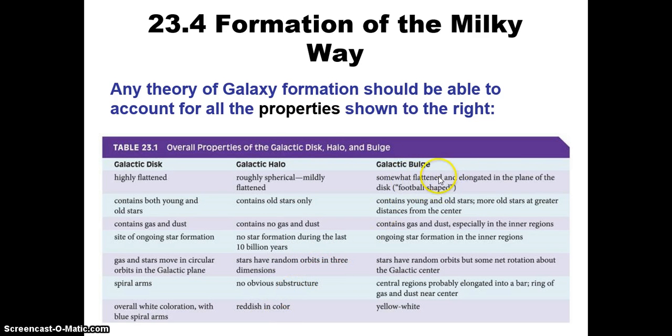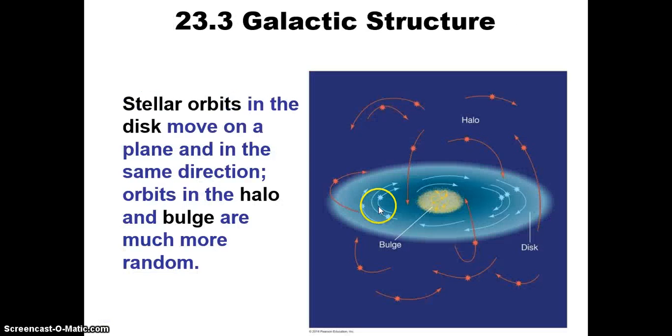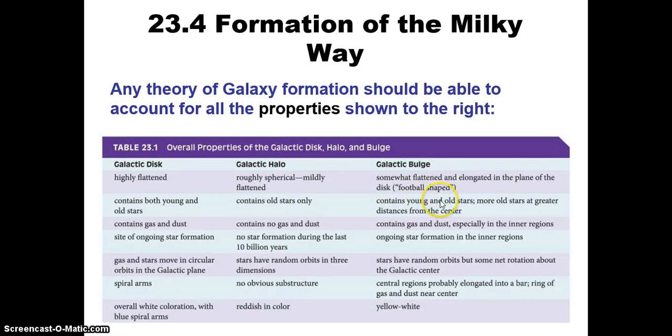That's not as important. The bulge is more of a football shape, as I mentioned in the last video. It contains a mixture of old and young stars. And by the way, the reason that there are older stars is because in the galactic bulge, things are more mixed up. We feel that